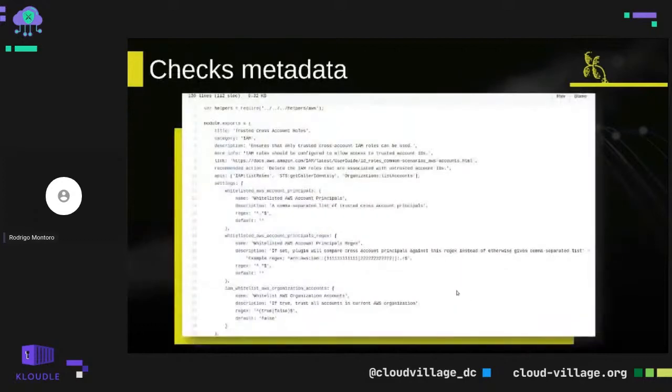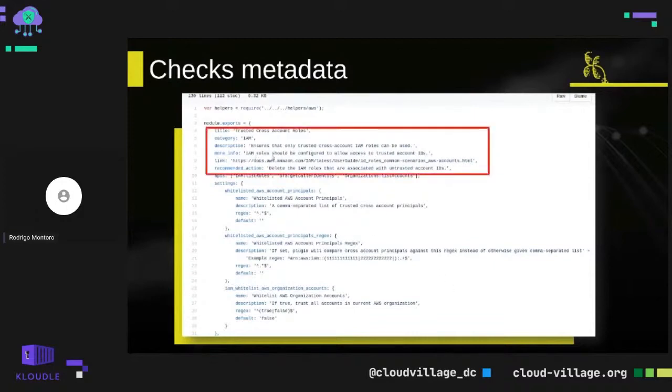And what do all those checks bring to us? A lot of metadata, and that metadata has a lot of information. You have a title, you have which service it fits, a description, and some have more information. You have links to documentation. You have the recommended action, so you could figure out, if this happened, do that. So if you create some detections, you already have the answer. And you have the code that you could look at to better understand what they are doing and validate that.